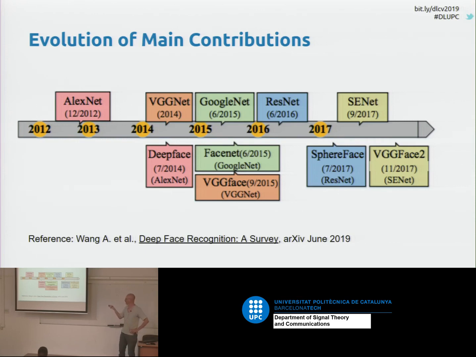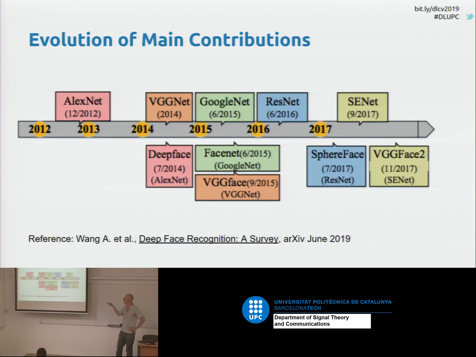Okay, so this is an overview of the main contributions in the field. It starts with using deep learning, more or less in 2013 with the appearance of AlexNet. The first systems were using, for instance, AlexNet or VGGNet as classifiers for closed set face recognition. At the same time, other works use these networks for extracting feature vectors and then applying some kind of comparison for verification. Then we will see how.